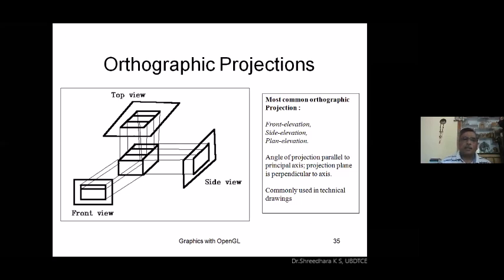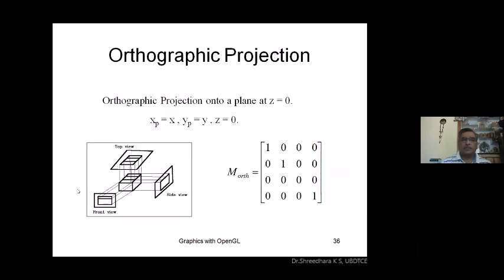In the orthographic projection, the derivation of the transformation matrix is very simple because the projection plane is Z equal to 0. So the value of xp will be x as it is, and yp will be y, because the same point will be projected here; we are not calculating different values of xp and yp. Hence, in the matrix representation, the diagonal values will be 1, 1, where x is equal to xp, y is equal to yp, whereas z is equal to 0. So this is the orthographic transformation matrix.